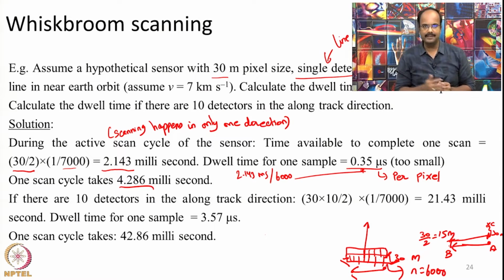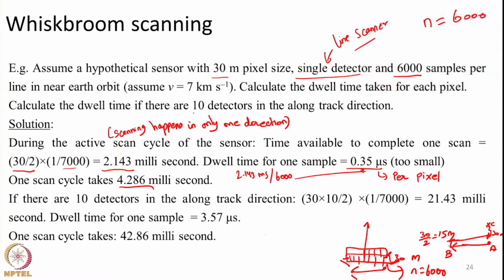Okay. Now we will see what will happen if we have 10 detectors in the along track direction, that is for a whisk broom. We spoke about the line scanner. Now we will talk about whisk broom. What will happen if we have 10 detectors in the along track direction? Assuming there are 10 detectors in the along track and still assuming the scanning takes place only in one direction,